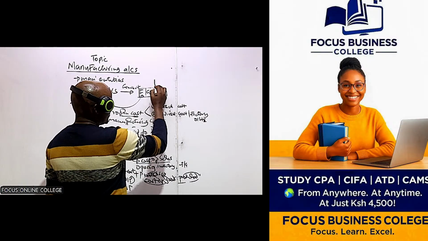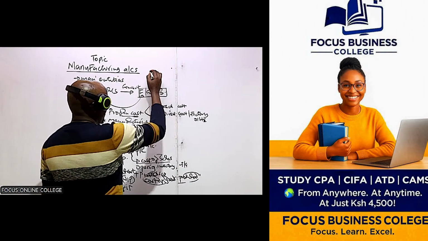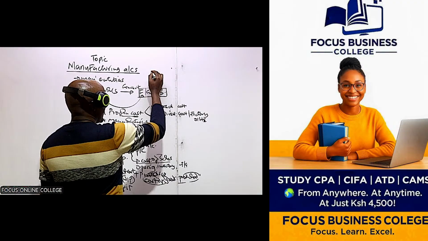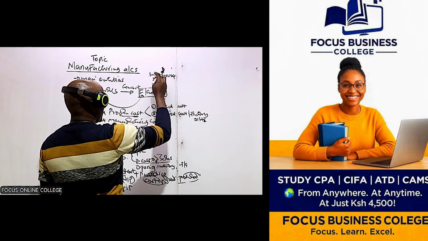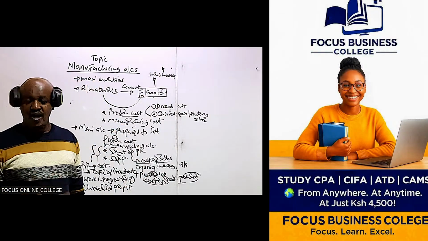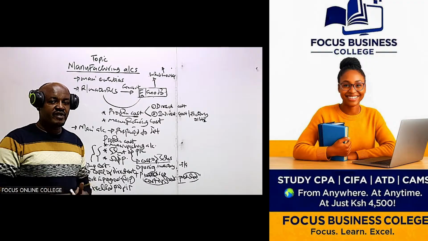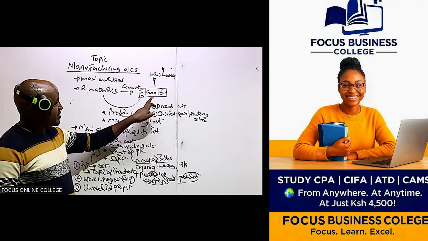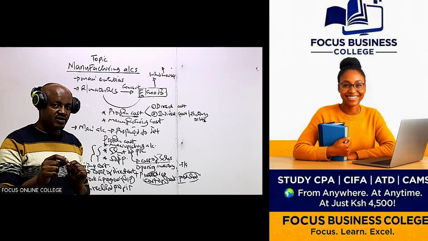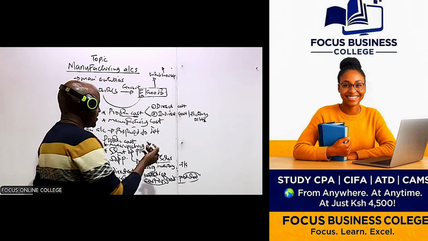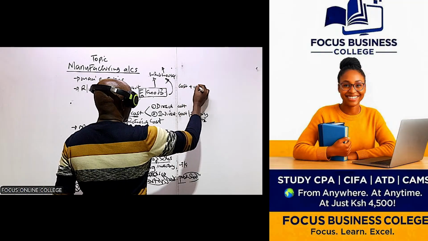But these finished goods, are they kept in the factory? No. Usually they are transferred to a warehouse, whereby they can be sold. This is where the company can go ahead and sell them. So most companies have a policy that whenever goods are transferred from the factory to the warehouse, they are transferred at a cost plus a profit. For example, you can be told the company transfers the goods at cost plus 10% profit.